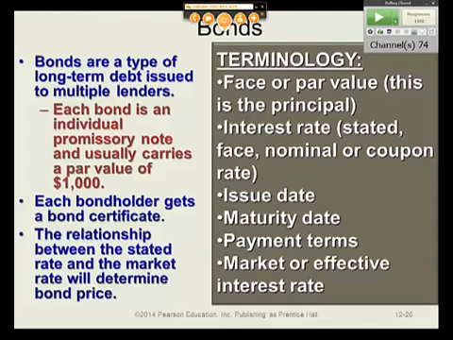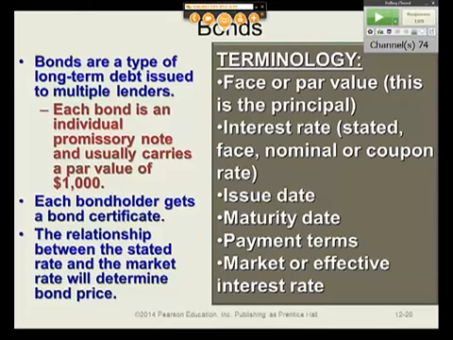That's the cash. The issue date is the date the bonds are sold. The maturity date is the date that the bonds are paid back. Payment terms, we'll talk about this. They could be at the end of the bond or they could be periodic. And here's the last and most important definition: the market or the effective rate. That is the rate of interest that is currently in place on the date you issue the bonds. That is your alternative investment. So instead of buying my bonds, you could buy a comparable bond